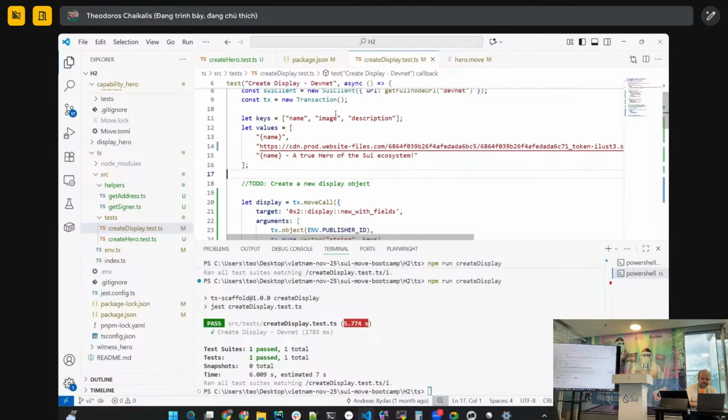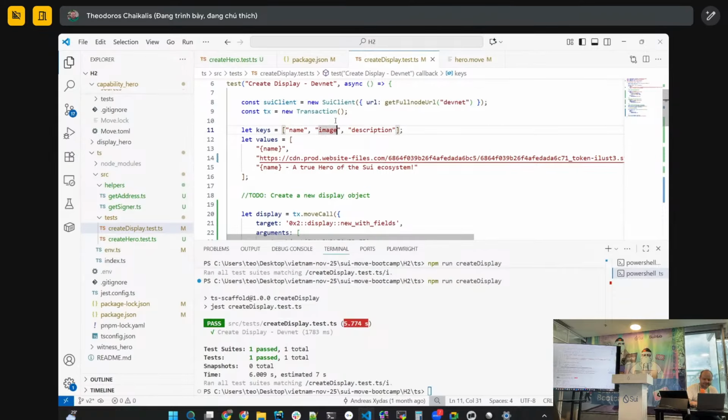Correction about yesterday. Thank you, my friend, for the correction. Of course, I should have opened the documentation. I'm stupid. We have a minus bug here. The key for the URL is image_url. That is why we couldn't see the image of the hero. Okay. And if I run it again,